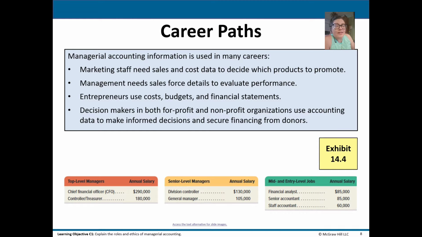And this slide actually has an exhibit down below that shows some of the estimated annual salaries from recent surveys. And I will say, just from my personal experience, this is a pretty good representation, but obviously it's going to vary wildly depending on what company you work for, what type of company, how big the company is, if it's a public company versus a private company, and also the location that you're working in. So it's good to do your research depending on what career path you're looking for.